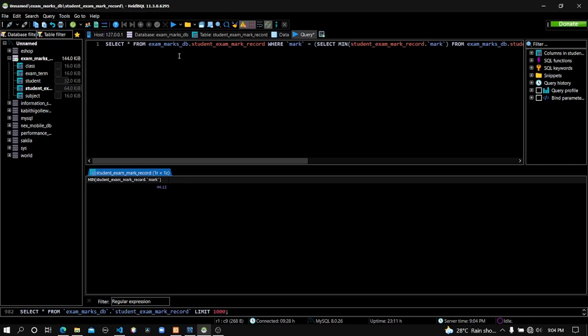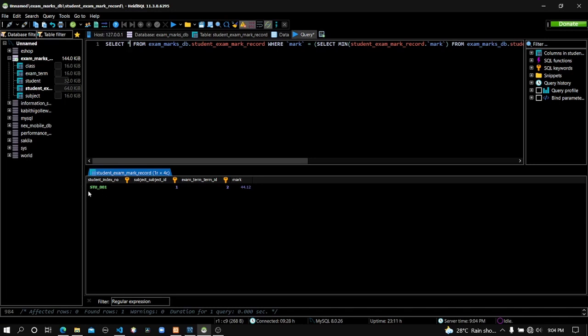Let's put this asterisk first and then execute this one. You can see the record which has the lowest mark recorded in the second term test